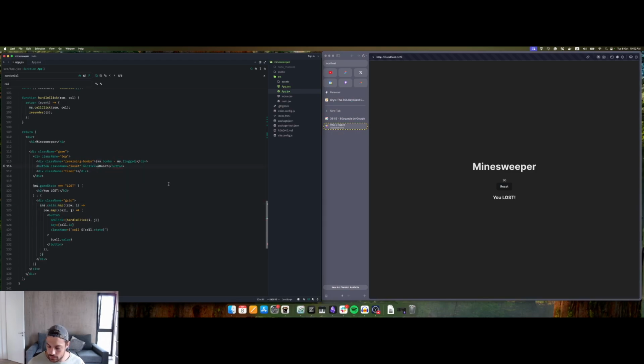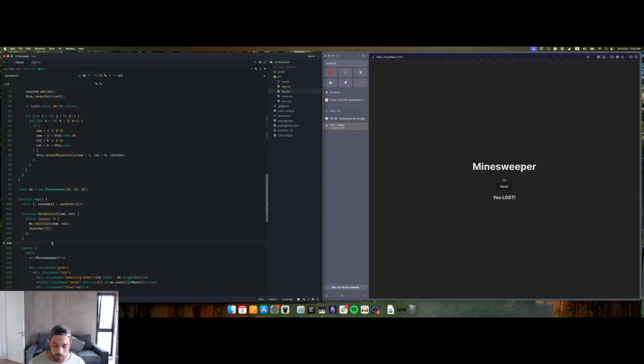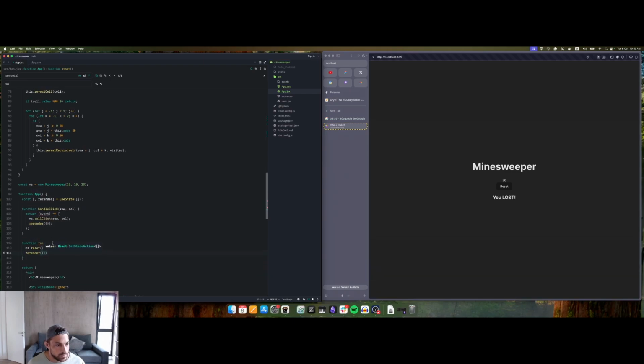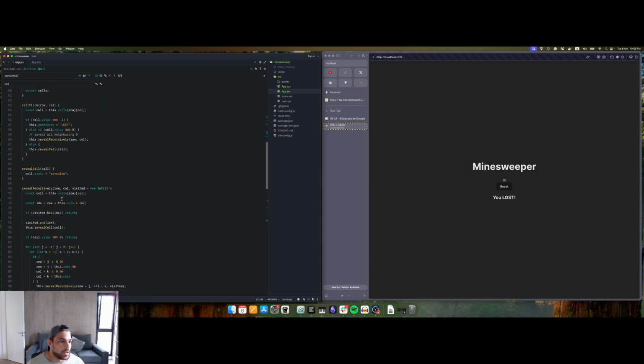on click, and let's do reset. I'm going to add a new function here. Actually I need to re-render, so this function reset, re-render, then let's just do reset,